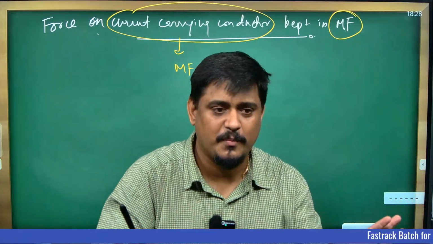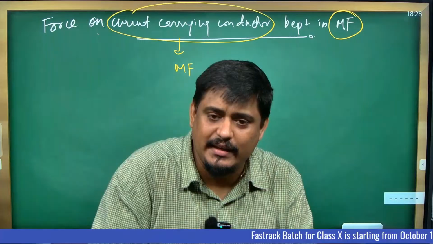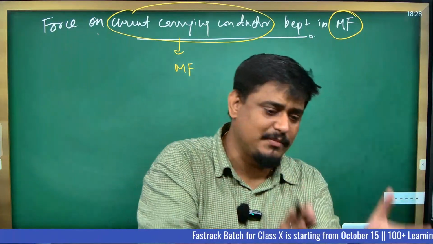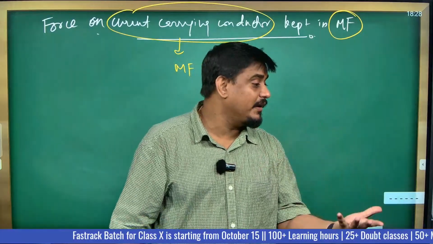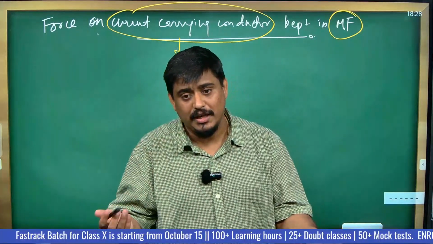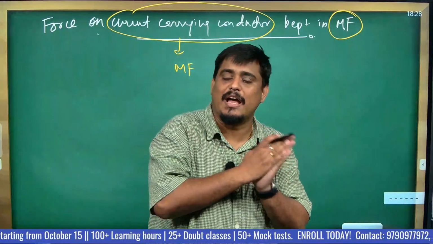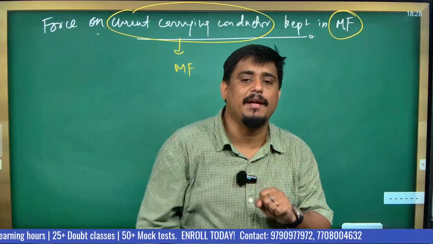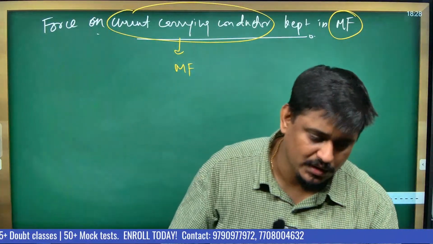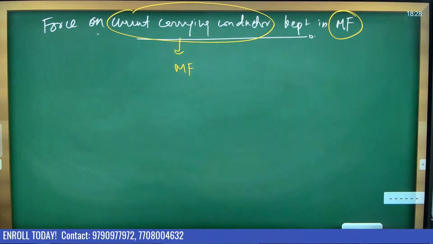That's all. The concept is when there is a current carrying conductor kept in the existing magnetic field, current carrying conductor will also have magnetic field and existing magnetic field is also there. These both magnetic fields will interact and there is a force acting on the conductor. Direction of this force is given by Fleming's left hand rule. First, write a statement of this. Write a statement. The statement is